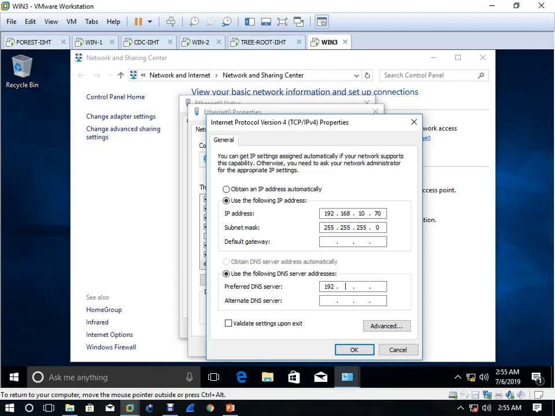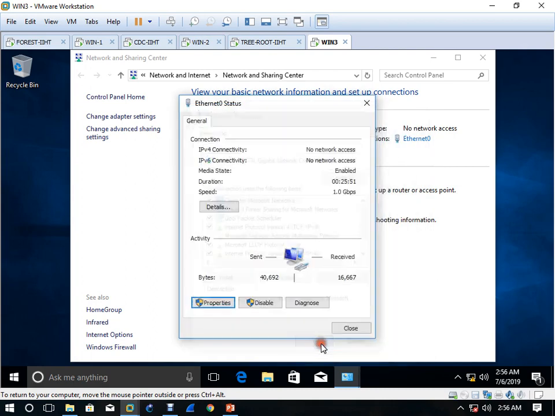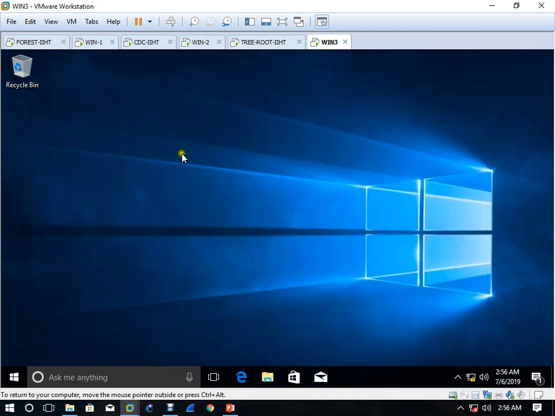DNS I will write 192.168.10.3, and for the backup I can write a secondary DNS 10.1. And then I will add this machine to the domain controller. So what I will do,